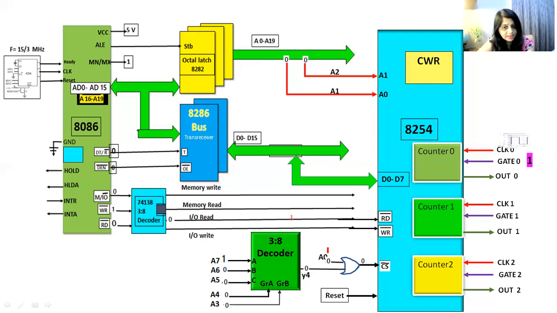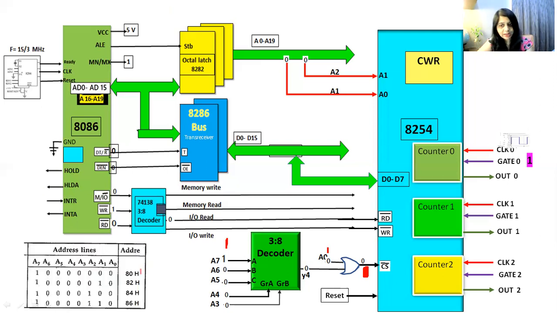Here again, as I said, logic may be different. It is not necessary that the logic will be same for every diagram, for every design. Here you can use a 3:8 decoder, or you can use any logic gates for developing the decoder logic. This logic you have to develop just to select this 8254, so that here it transmits logic 0. We want logic 0 ultimately here. And at the input you have to connect address bus lines, so that you can generate addresses for these counters.